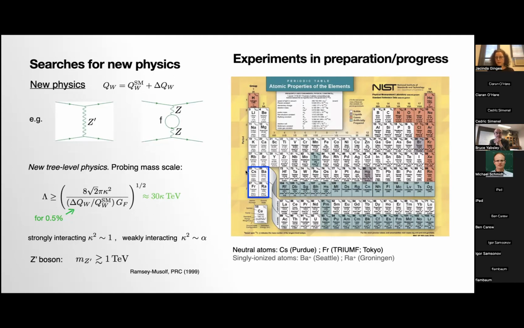The thing to note is that with all of these systems, we have one single electron above tightly closed shells, which means that we can study these very accurately with our theory. And also, there are some challenges with the experiment, but they're able to proceed and do accurate enough work with these systems.